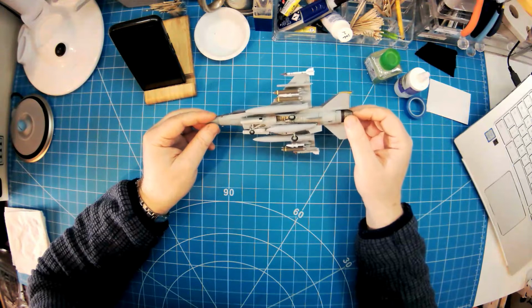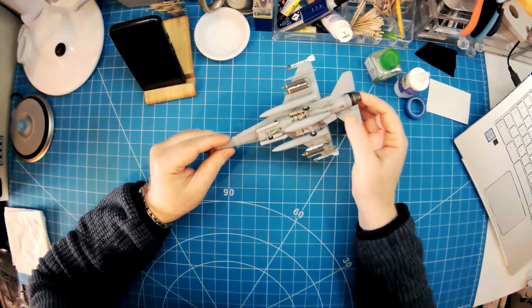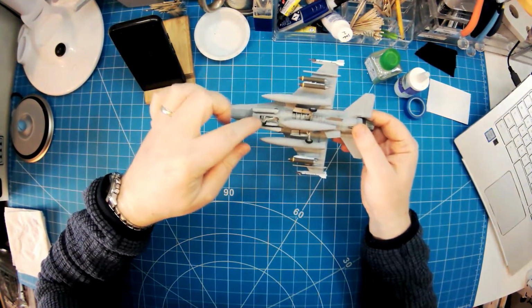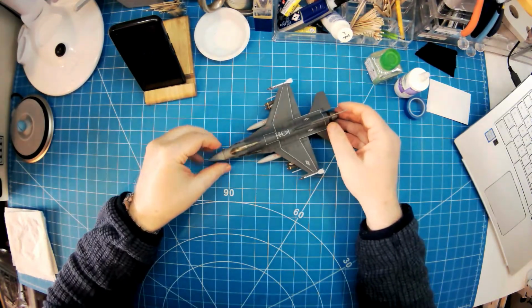The underside, a lot of the wash has been pulled back off, but then I used some, I think it was Ammo Mig Grime, just to get that center line a little bit grimier and dirtier. And again, that was used for the nose wheel and main gear bays inside the doors. So yeah, that was another build done in